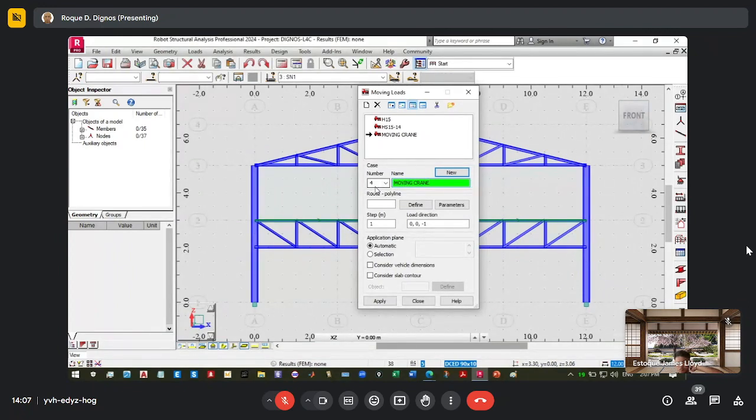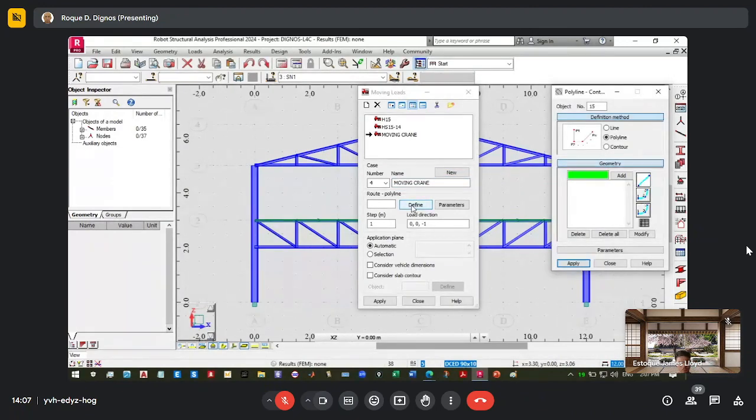So this is the fourth load, moving crane, and then click define. So 100% follow the manual and you are fine.